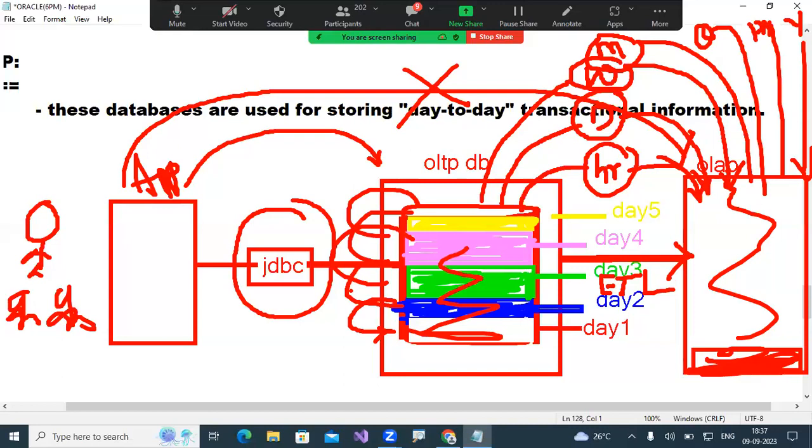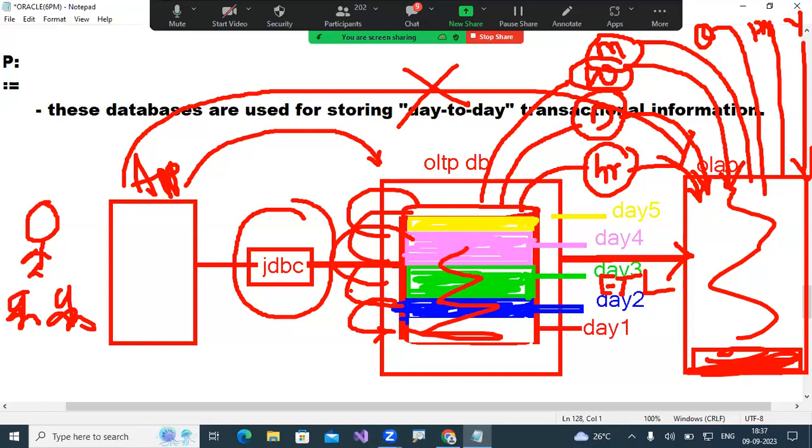Very simple here. Suppose, I will give you an example: this room has a sitting capacity of 200 people, and 300 people came. What do I want to do? I will go for the next room, yes or no? Here also, which one is full? Finally, where will your data be stored? OLAP. This is the destination. Finally, at the end of the day, where does my data come? OLAP. So this is my target, the end point. So now, if this is full, I will take one more OLAP.